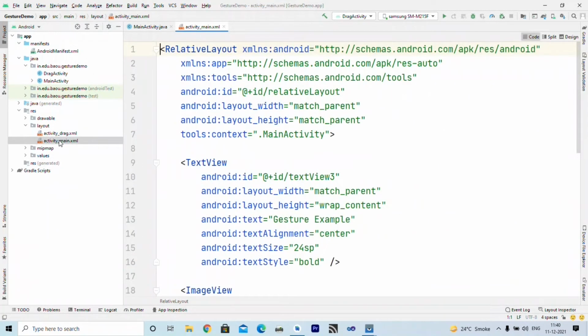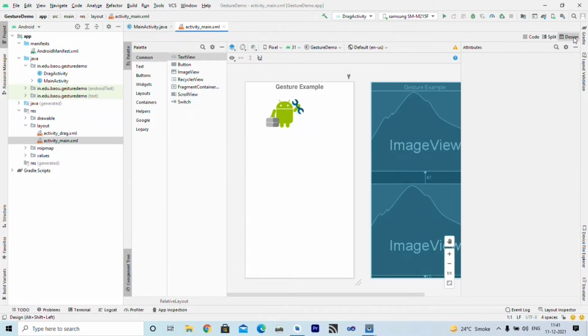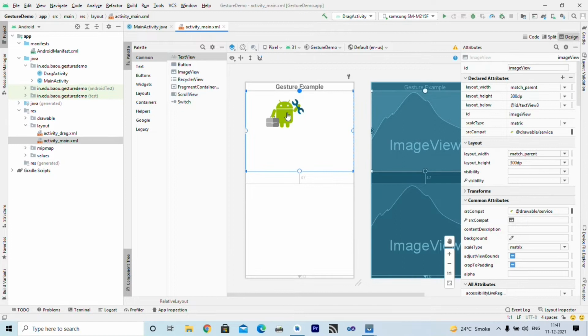This is my layout file. If we go to design mode, here you can see we have one image view. Now, I want to zoom in and zoom out this image view based on a two-finger gesture, which is pinch in and pinch out.